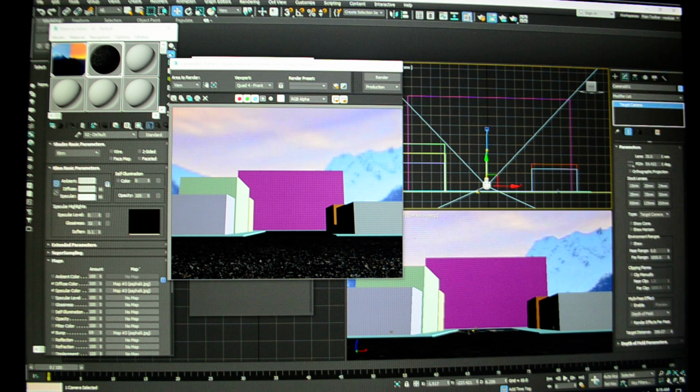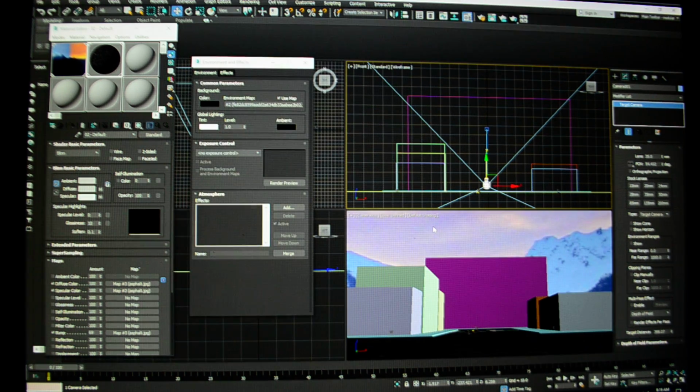Also, you see my camera is barely off the ground, so you can get nice and close to that texture. I also teach photography, so I'm going to teach you guys how to set up your cameras and look at things in ways that are both photographic and cinematographic. Okay, it's off to a good start. How are we on time? Okay. So the next one I want to do is